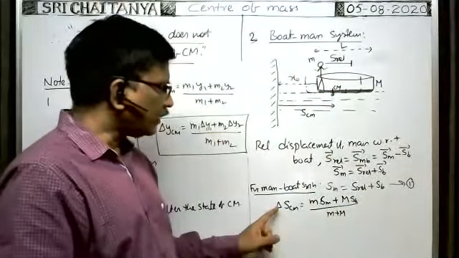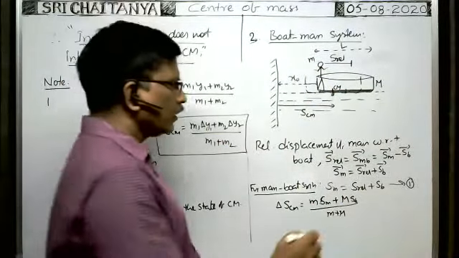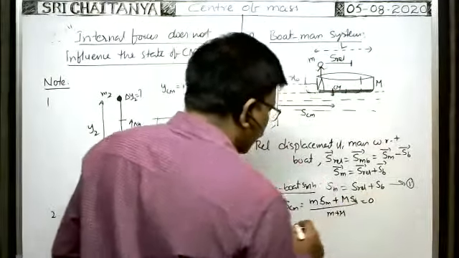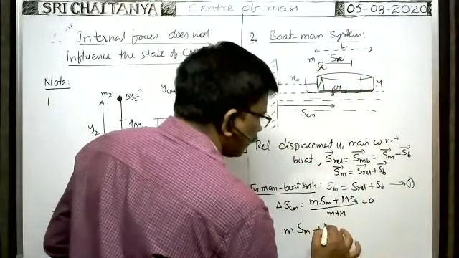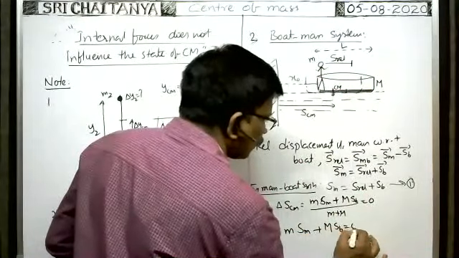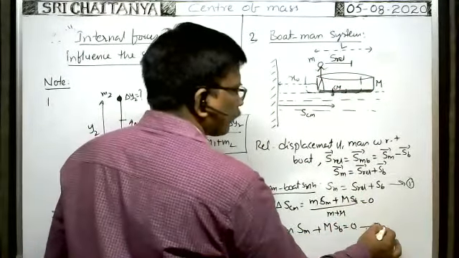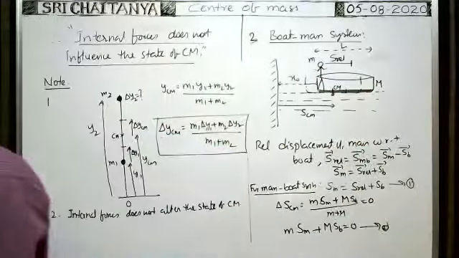That's why delta SCM is equal to 0, no? Delta SCM is equal to 0. Therefore, small m into displacement of the man plus capital M into displacement of the boat is equal to 0. This is a very, very important formula. Okay, now